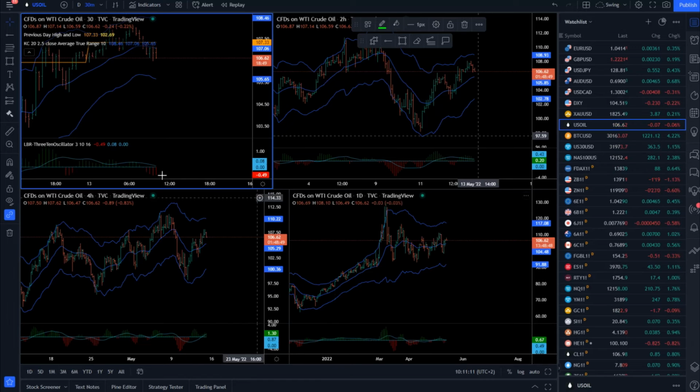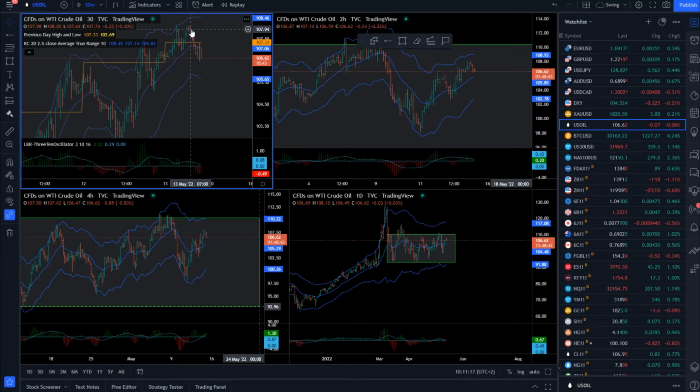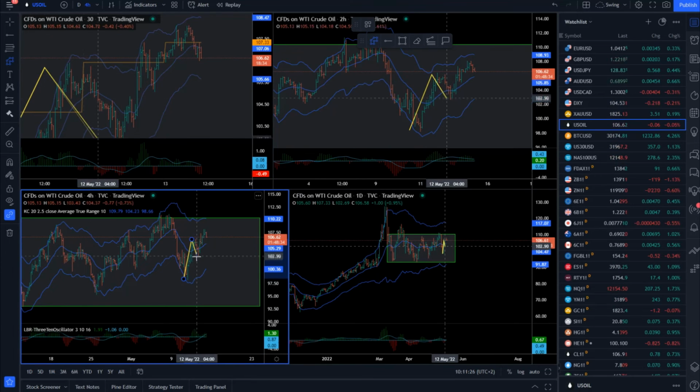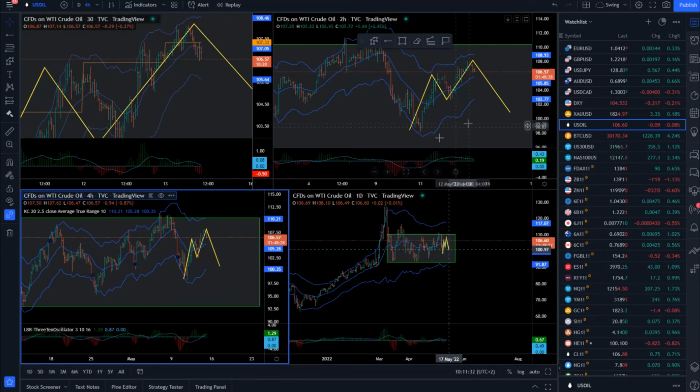Crude oil is trading still very flat, very sideways, and the market traded above the previous day high and is now back in the previous day range. This whole activity here can be one ABC, where we can eventually still see further downside movement. So again, very sideways. This can be an ABC in play for potential downside movement.